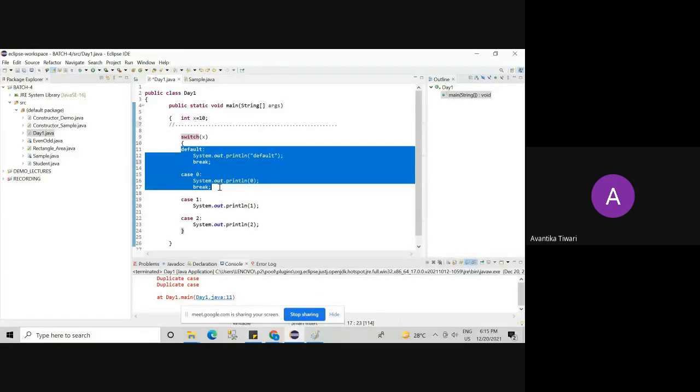Not just this program, whatever small changes we have done in the switch syntax and whatever we have observed, that if we skip else, if we skip case, if we skip default, if we skip curly braces, if we enter expression variables, then what types of errors you will get, that you have to observe. Clear?